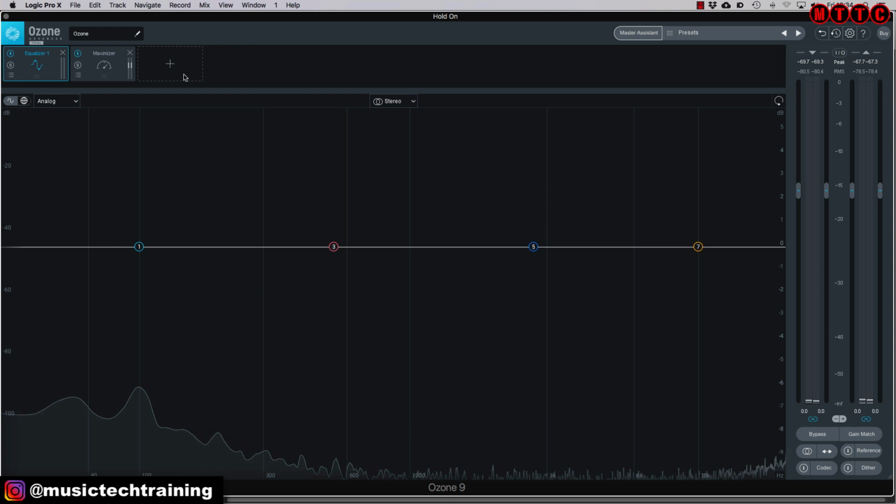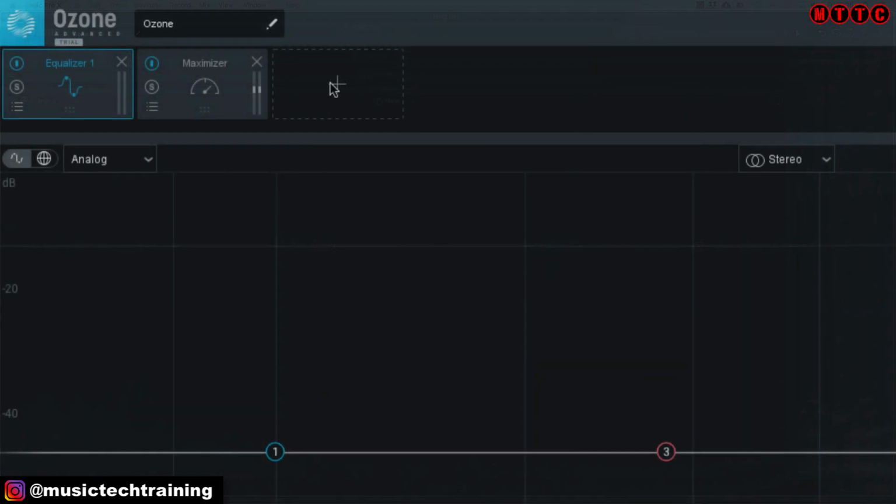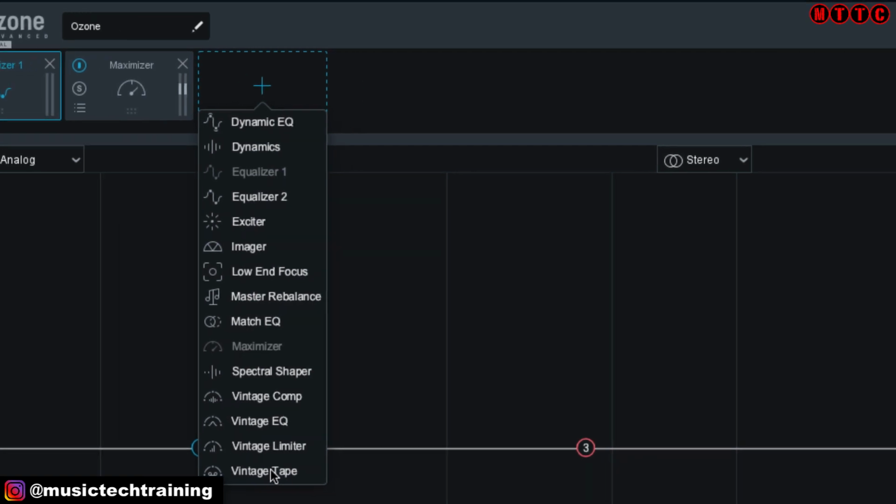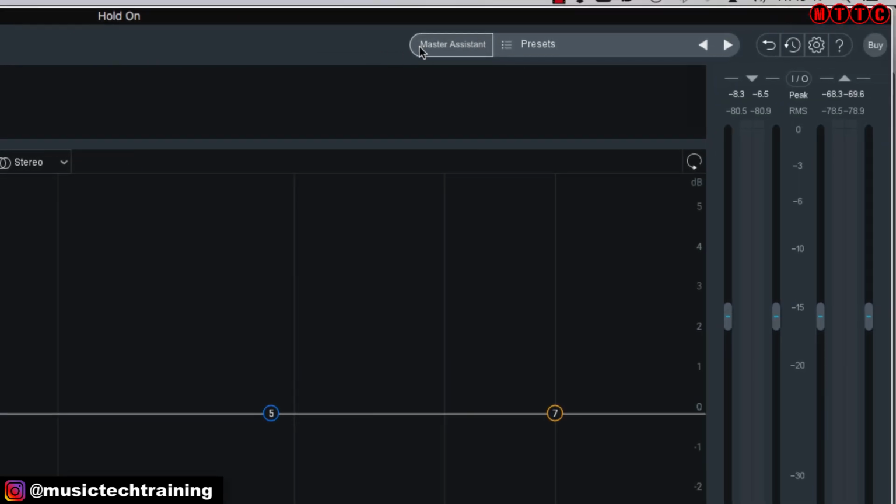So this, of course, is the default screen. We've got an EQ here, and we've got a maximizer here, okay? Now, if I click here, we have all of these additional tools that we can include into our chain, and we'll get to that in a minute. But every single one of these items here are essentially mastering plugins. But for now, let's come over to the Master Assistant up here, and let me show you what this does,